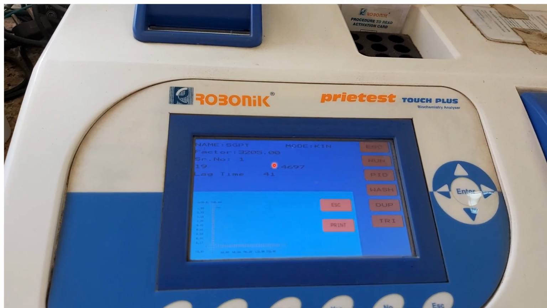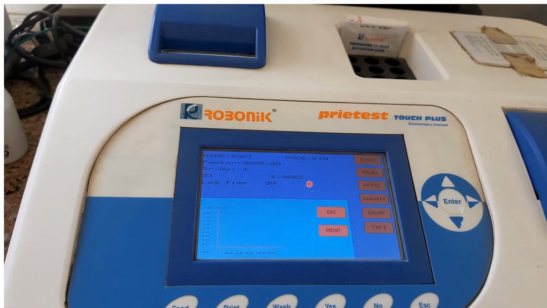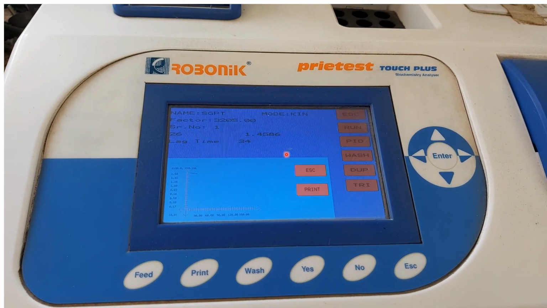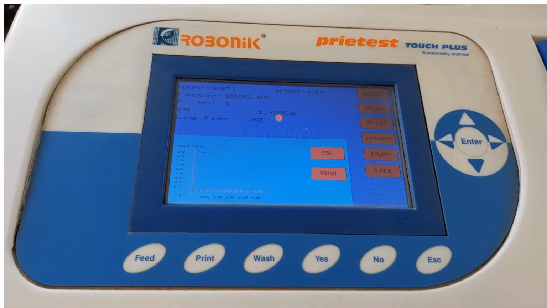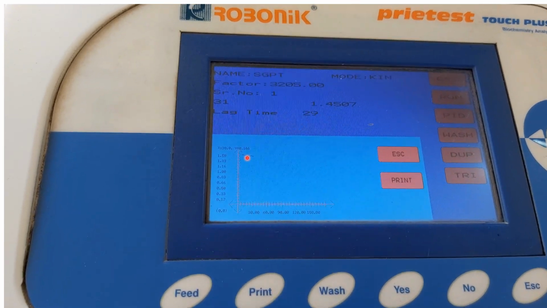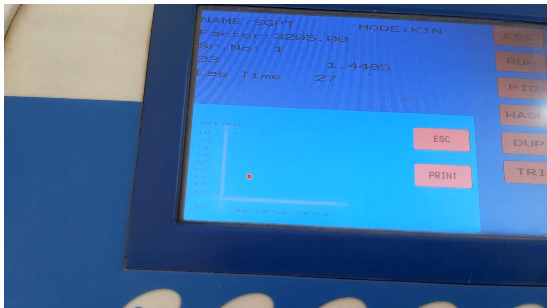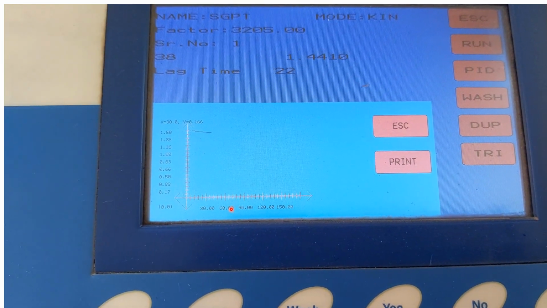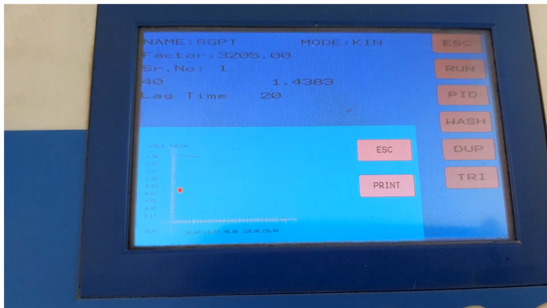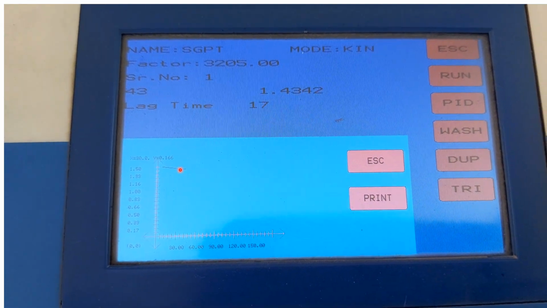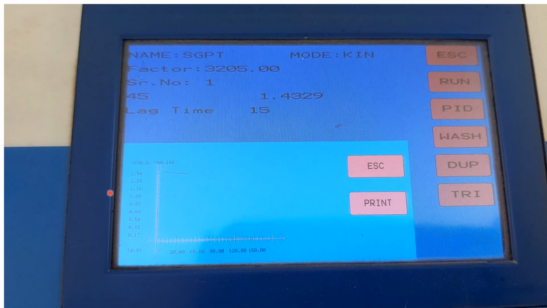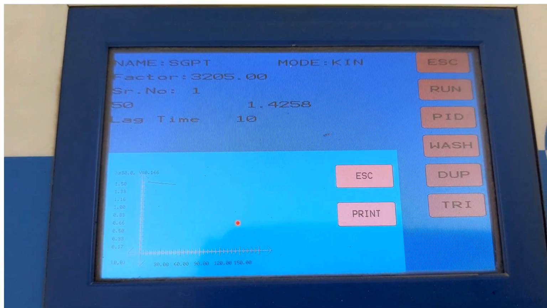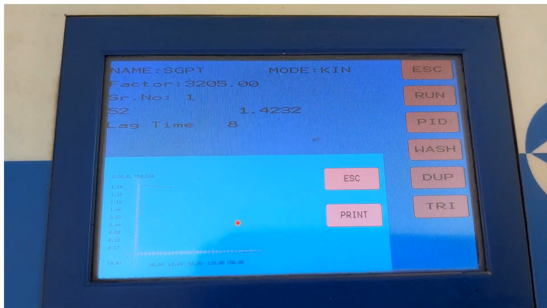and this is the initial absorbance, and now you will see that the absorbance will keep changing over here. And the graph has started to form. So this is the formation of the graph. So the graph is between time and absorbance, sorry. So this is how the enzyme activity will be calculated in units per liter.